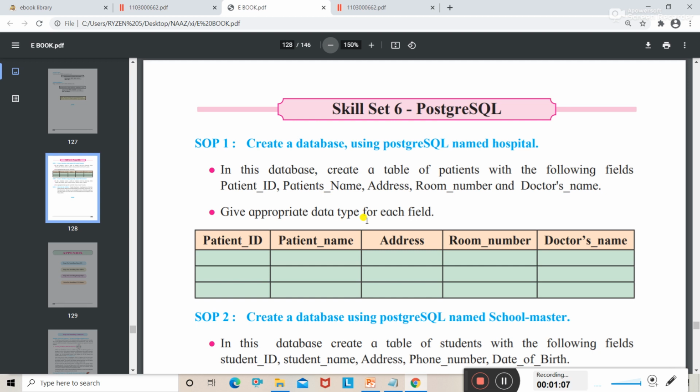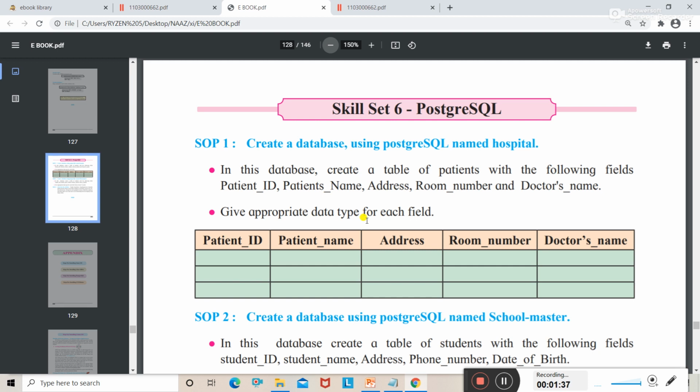You are supposed to create a database named hospital, and then in that database create a table of patient with the following fields. The table name is patients. The fields are patient ID, patient name, address, room number, and doctor's name. These are the fields of the database table.